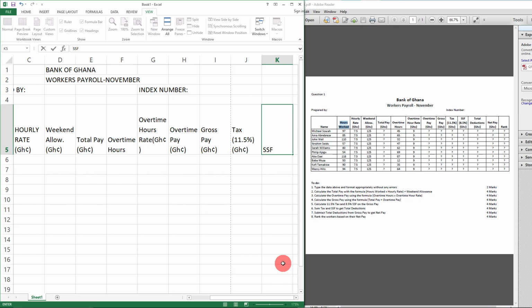So the Senate 2 is 8.5%. That one too is in bracket open GH cedis, Shift 5 to get a percent sign. Okay, so